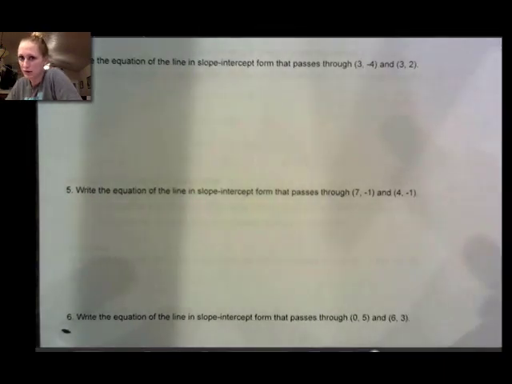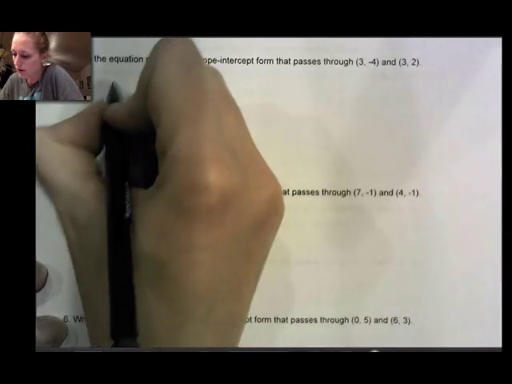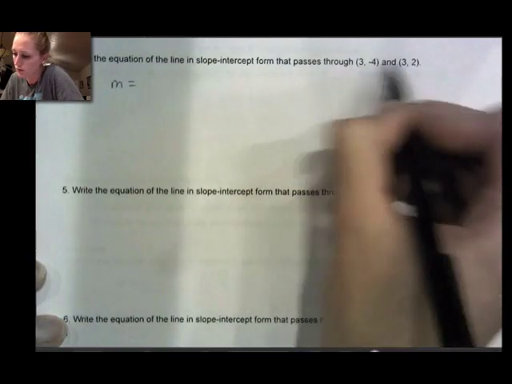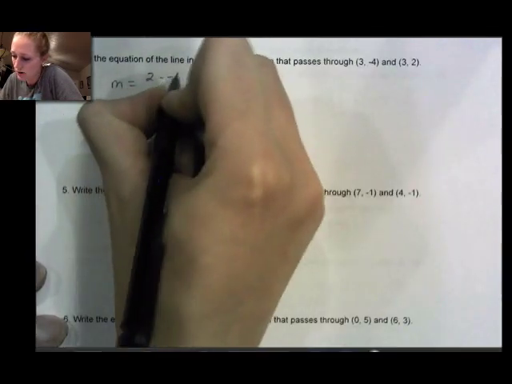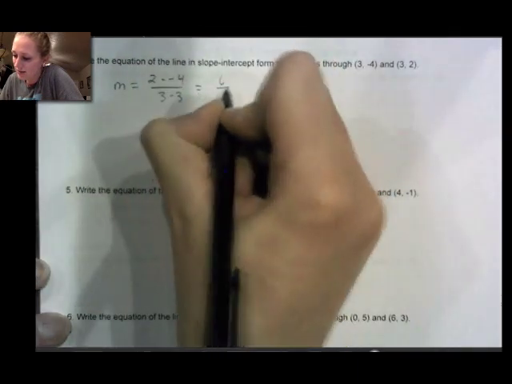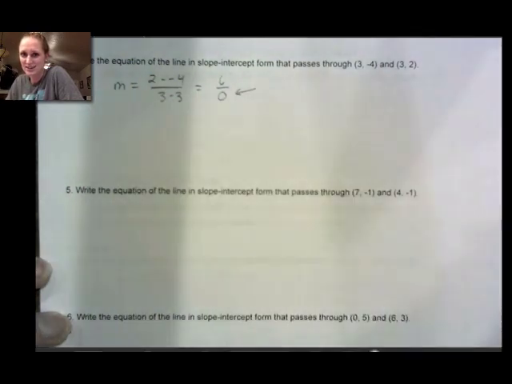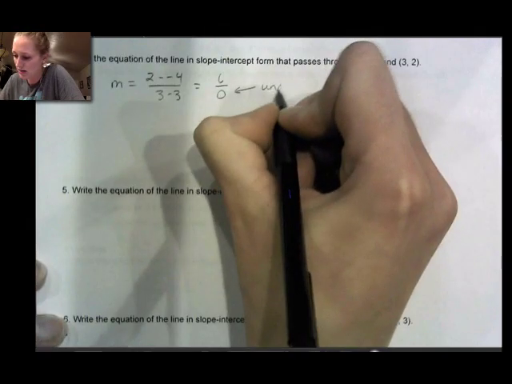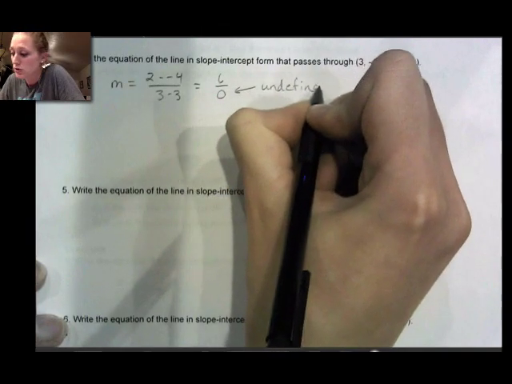Now, if you didn't pick that up right away, that's okay. You could start by doing your slope formula just like normal. 2 minus -4 over 3 minus 3. But in that case, I'm going to get 6 divided by 0. Remember, we cannot divide by 0. This is undefined. As soon as you have an undefined slope, you know it's a vertical line,